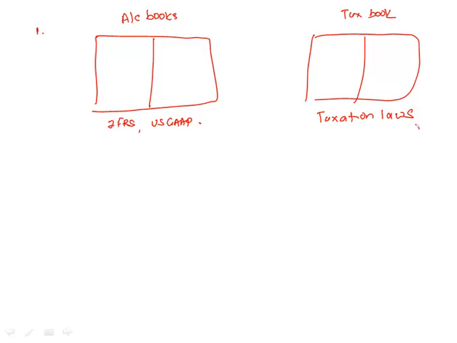Now one might wonder why do we need to prepare these two separate books? The reason is that these two rules, the accounting standards and the taxation laws, are different. Why are they different? Because the purpose of building those rules is different. The purpose of the accounting standards is to show a true and fair view of the financial affairs and financial position of the company. That means to reflect truly what is happening with the business.